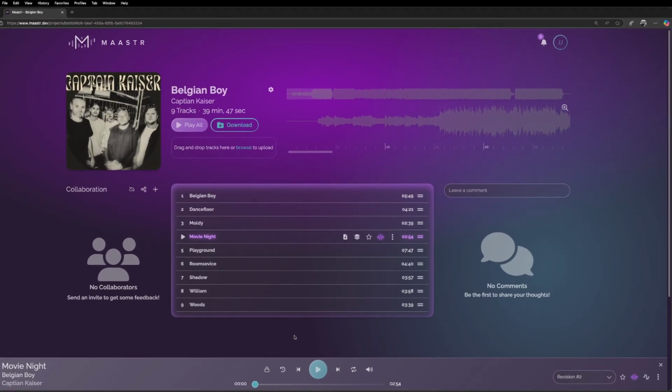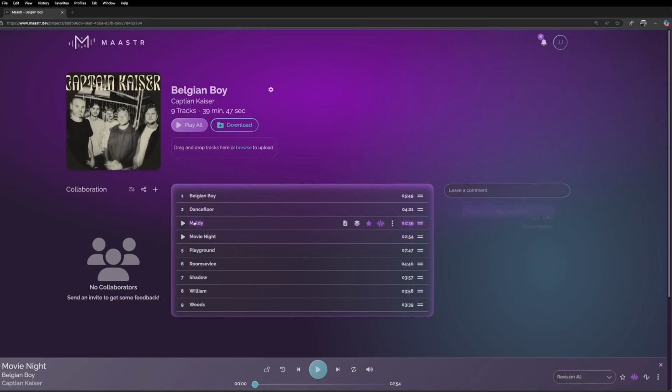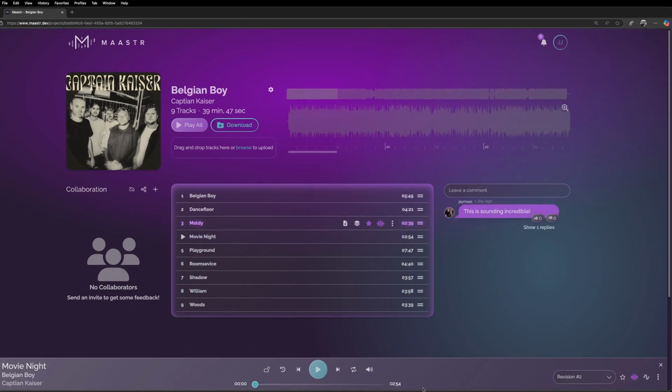However, if you would like to unlink the player from the selected track, you can do so by clicking the lock button. When the player is unlocked, you are free to click on different tracks without changing what will be playing on the global player. This is useful for reading comments on different songs or navigating the site as a whole without disrupting the playback